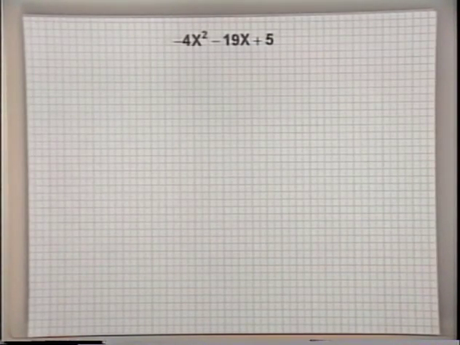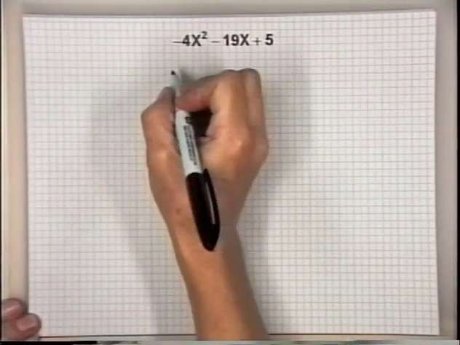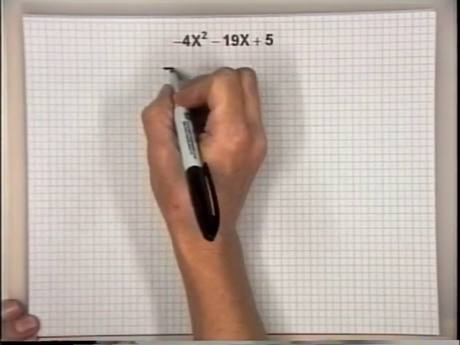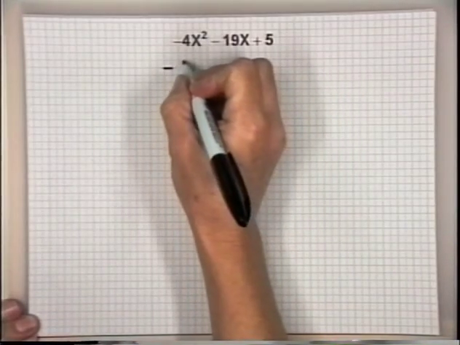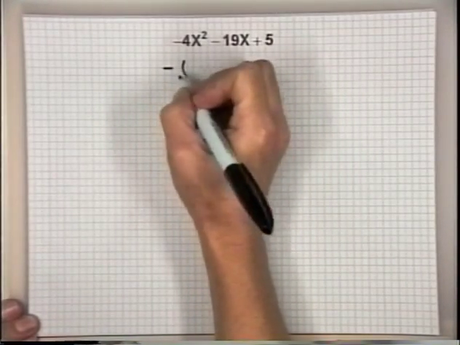Now looking at this problem, it doesn't appear that there is a common factor, but notice that our leading coefficient is negative this time. Generally, when we factor trinomials, we're used to having that leading term have a positive sign. So what we're going to do here is treat negative 1 as a common factor. When we factor out a negative 1, we write the negative, but the 1 is understood in front of this